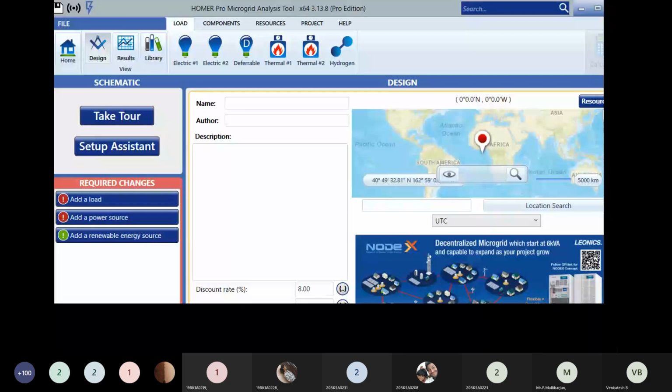Now simulate. I'll just simulate this. Calculate. When you come to the right side, there is an option, a suggestion is given, add renewable energy sources. But let us see, we will add renewable energy sources later. On the right side, the calculate option is there in the calculator symbol. There is a calculator symbol and there is a calculate option. Click on that. Your simulation started running. You got some results, correct?